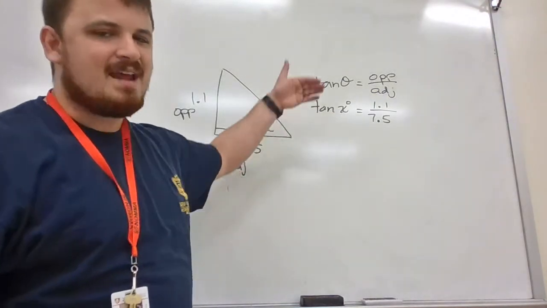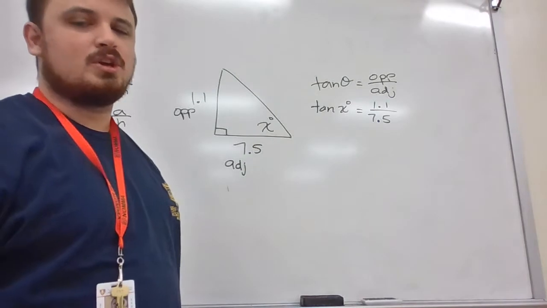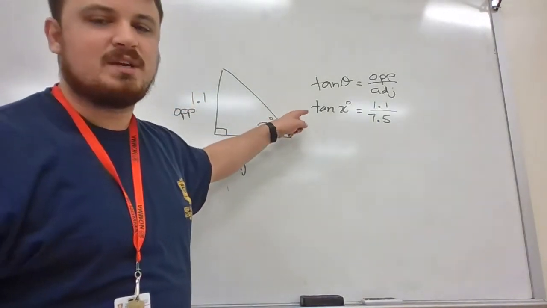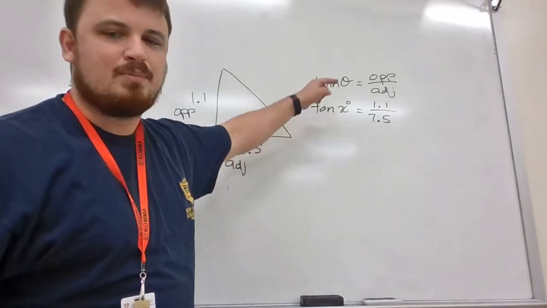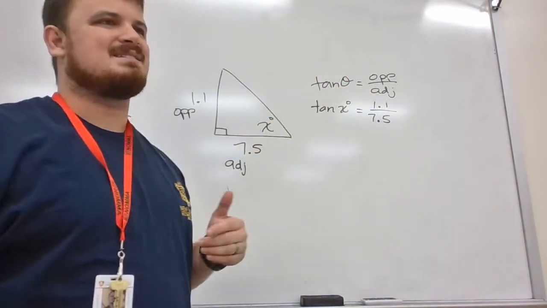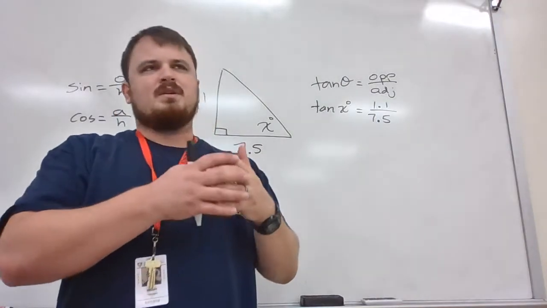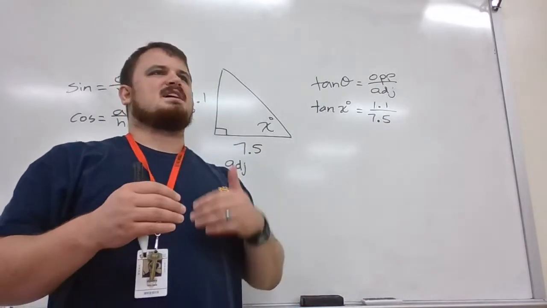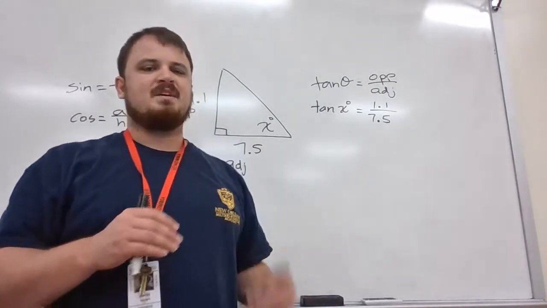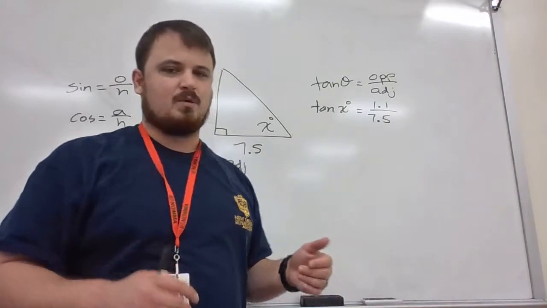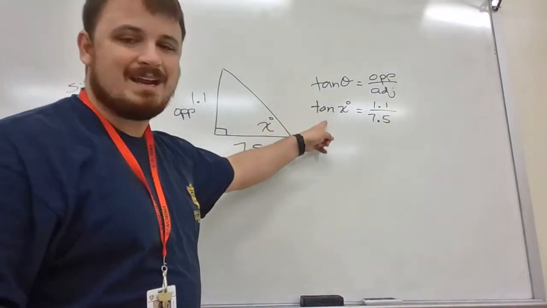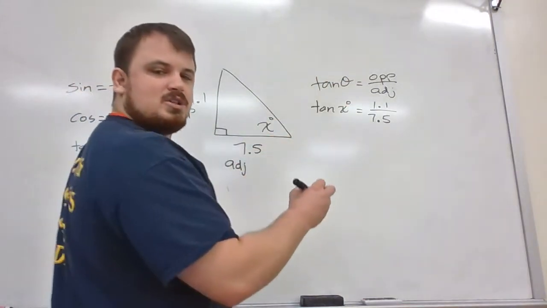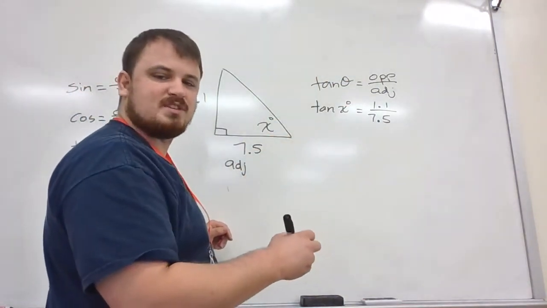So what you're trying to figure out here is how can you get x by itself if it's tan of x degrees? What you can do is get rid of tan and put it on the other side. It's the same way where if it was x plus 2, you could do minus 2 to make it go away. If it was x times 2, you divide by 2 to make it go away. If it was x squared, you take the square root to make it go away. Well, to make tangent go away, you'll do what's called tan inverse on the other side. So if tan x equals 11.1 over 7.5,